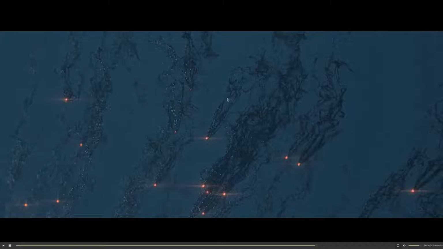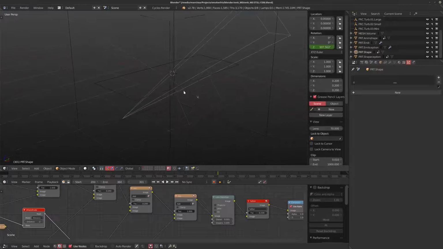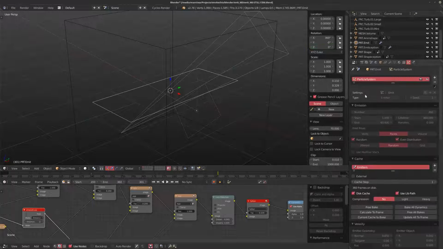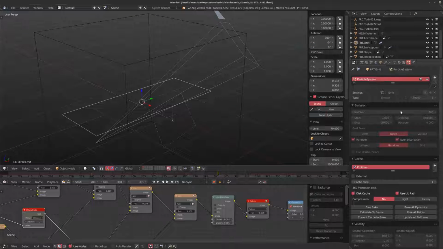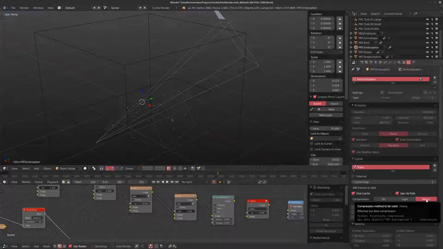So this goes to show that it creates really, really interesting effects if you have these two different particle systems looking differently as well. For the first one, we have that shape, and if we look at the emitter, we have about 200 of them emitting, and for the second one, you can see this is set to 3 million. Now, if you're working with this crazy amount of particles, you're always going to want to use your disk cache. So make sure to enable disk cache, and if you want, you can set this compression to heavy so the files will come smaller and smaller.